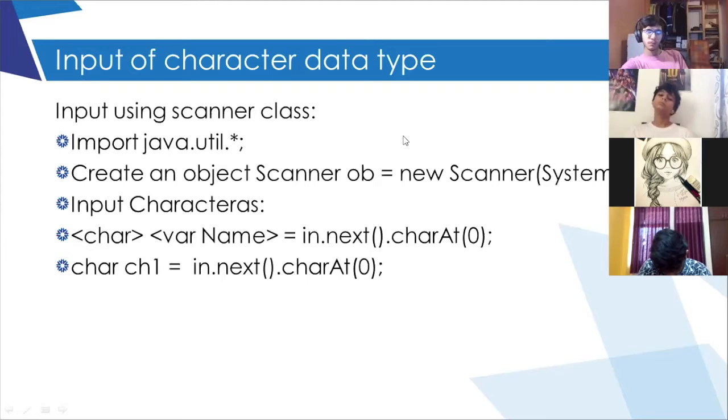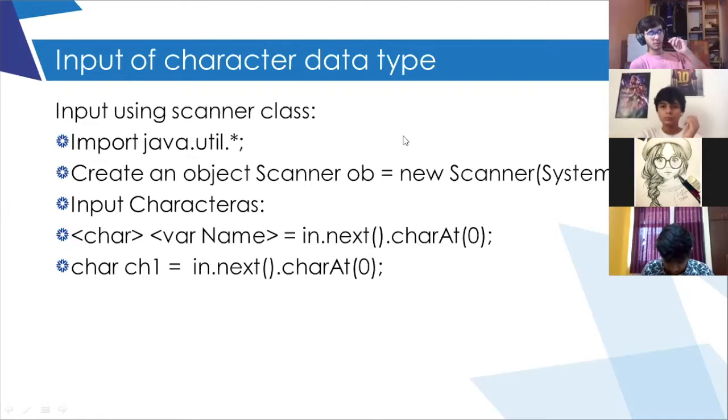For accepting the values of character, there are two methods: with the Scanner class and with the Buffered Reader class. With the Scanner class, which package do you have to import in your program? java.util.*. Then after that you have to create an object for the Scanner class. After that, how to input?